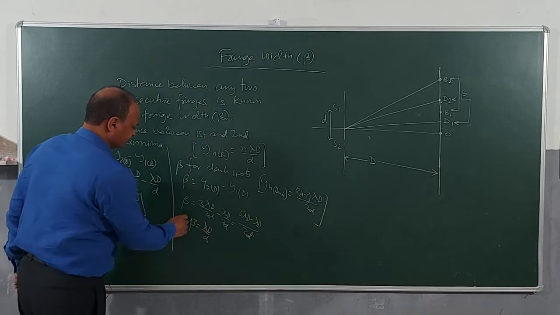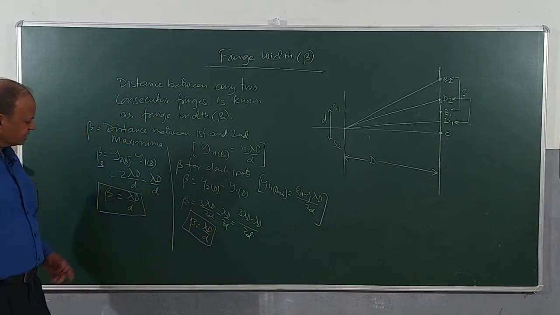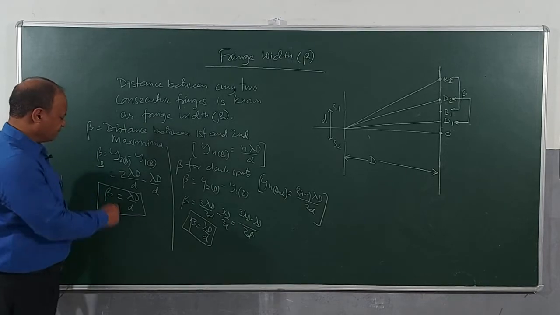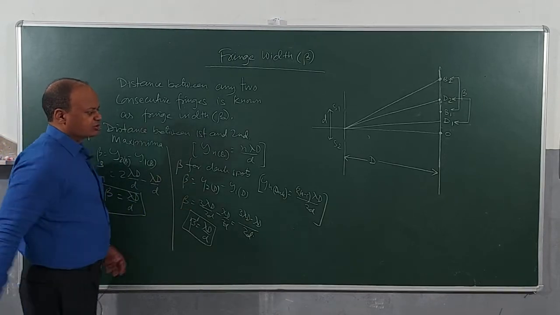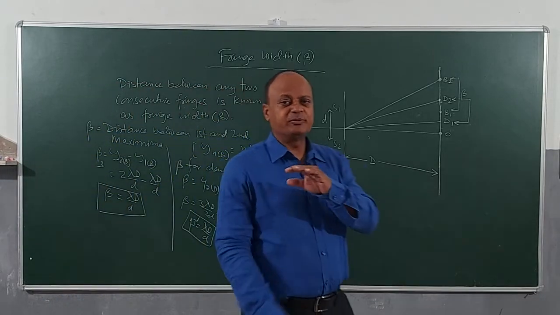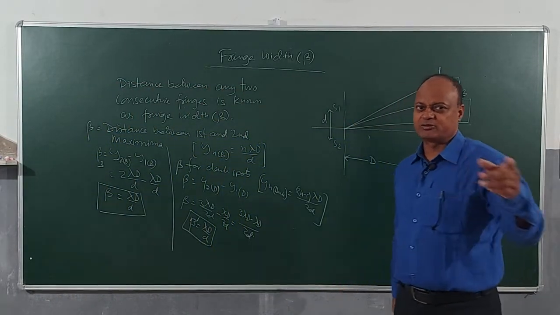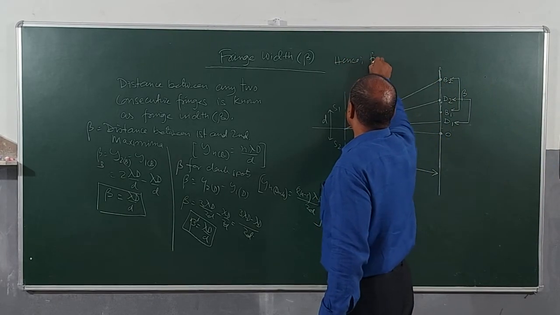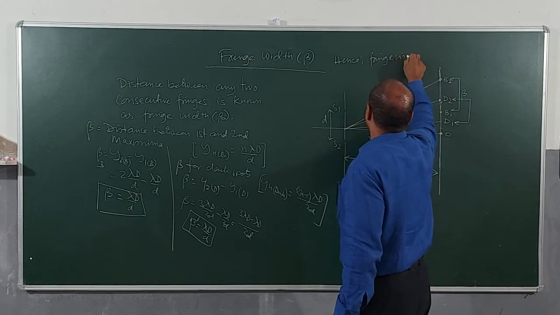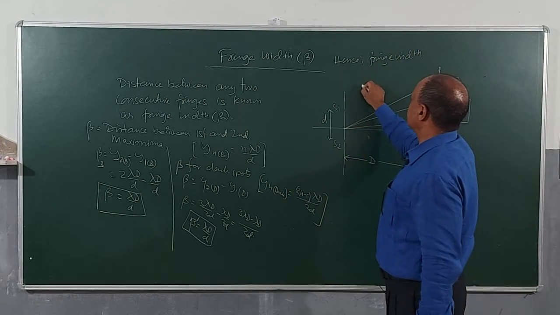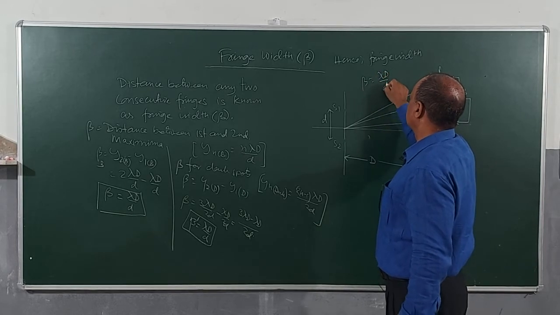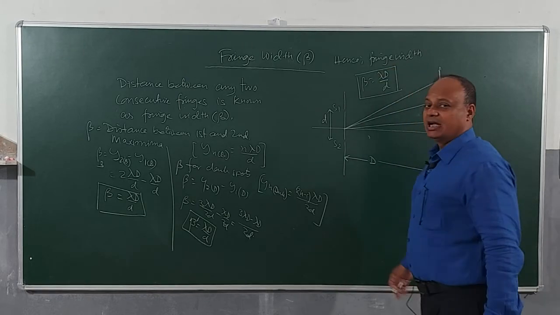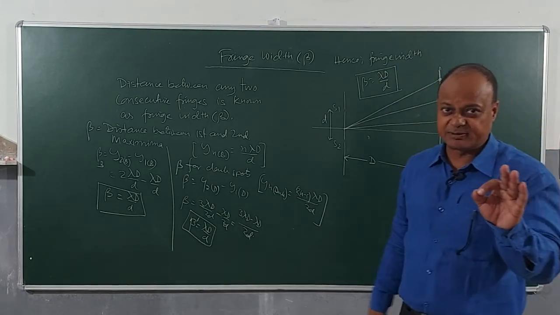So, we got beta here, and then you can see that beta for bright is the same as beta for dark. Clear? So, beta and beta dash both have the same values. From this result we conclude that fringe width will be the same whether it is calculated for a bright spot as well as for a dark spot. So, I will be writing, hence, fringe width beta is equal to lambda D by small d. Clear? And this is linear fringe width or linear fringe spacing.